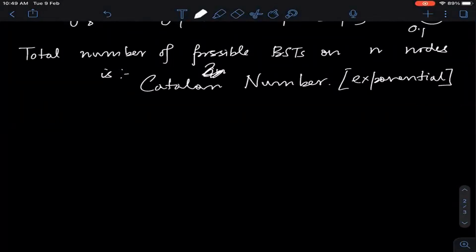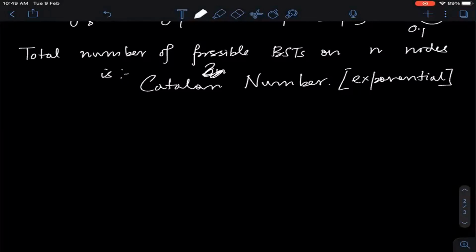So now, of course, we are discussing dynamic programming. So we will be going to dynamic programming. But before that, let's also rule out some of the intuitive ideas that you might think about. So the first intuitive idea is that you can try to think about a divide and conquer style algorithm.